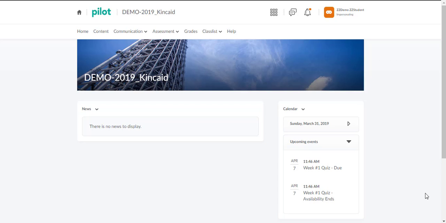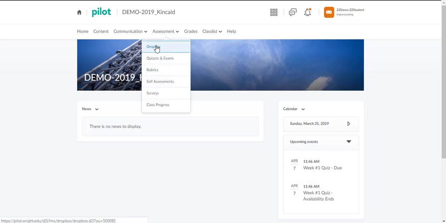And then we're going to switch modes, go back to instructor mode, and we are going to grade both of those items. So you can see up in the upper right hand corner that I'm already impersonating the student. If you need refreshing on how to do that, you can go back to previous videos as we've shown it a couple different times. So what I'm going to do now is I'm going to go to Assessment, Dropbox,